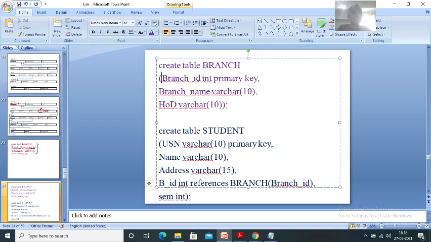So this branch ID name and this branch ID name must be same. You cannot change it, but this can be changed. But here the data type must be same as its parent table. Got it? Hope it is clear.